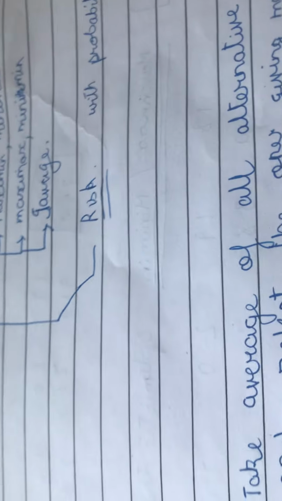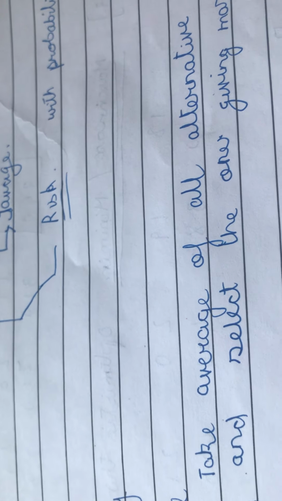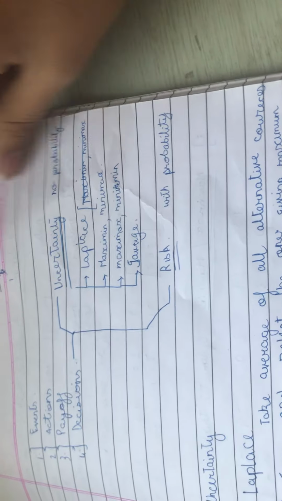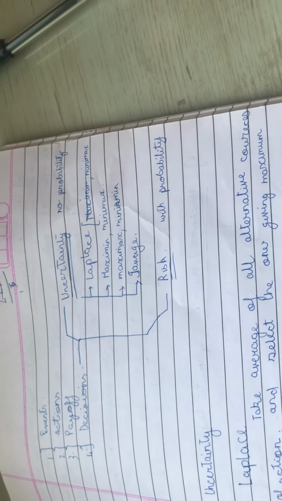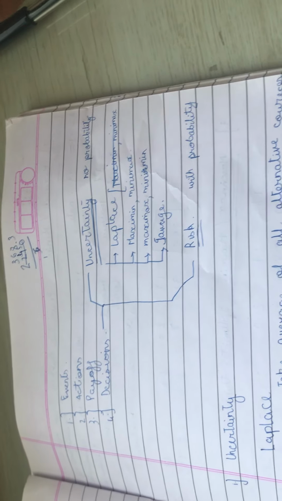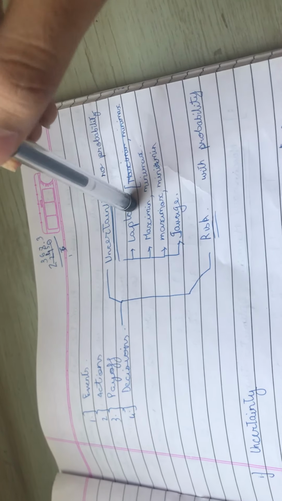When you're uncertain about something, you're not sure about it, right? You're not really aware about it. You're not sure what decision to take and whether it's right or not, and so on and so forth. Because you do not really know what the outcome is. You don't know what's going to happen. What's the chance of happening? What's the probability that is attached to that event? And that's why it's called uncertainty.